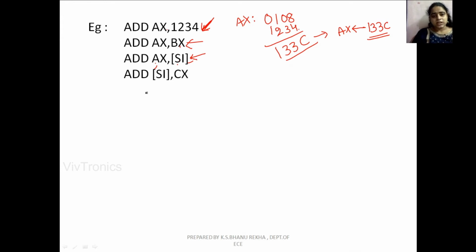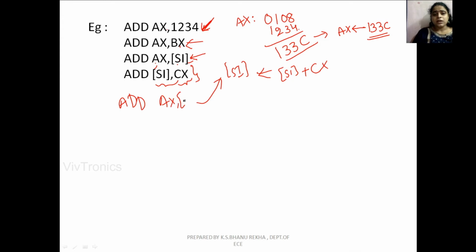Or you can write ADD content of SI comma CX, where the content of SI is replaced with the content of SI plus CX after execution. Or another example: ADD AX comma content of 4000, content of 2000. You can give anything in memory locations also. So these are a few examples of the ADD instruction.